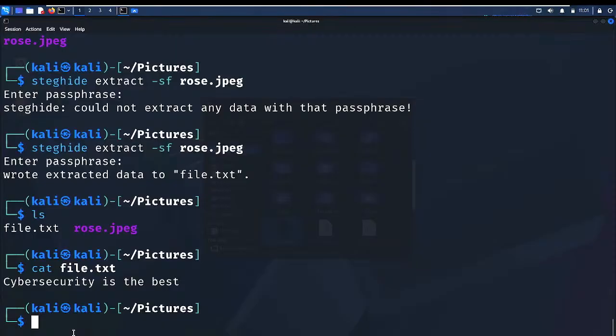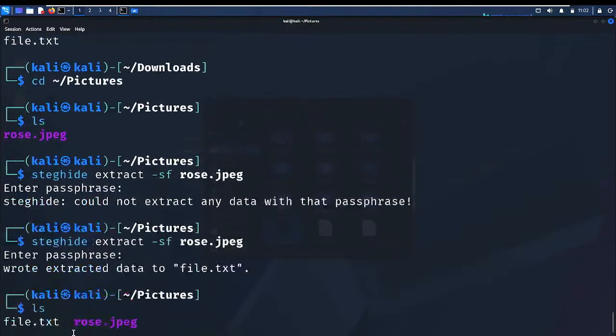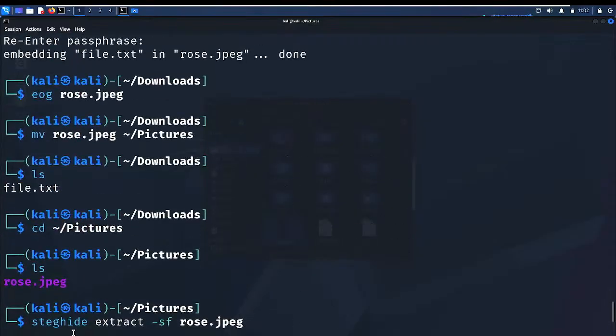What I just did here, you can see I moved it. Do you get what I just did? Yes, I understand, to the point that I want to see the embedded file. This is it now. I wrote CYBERSECURITY inside the file.